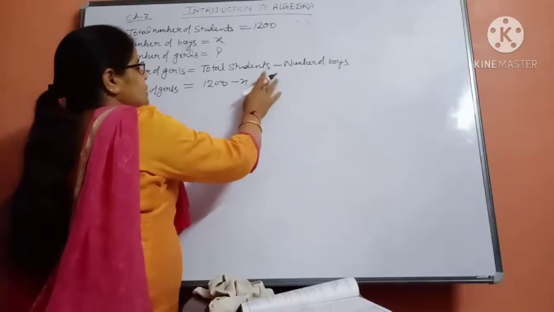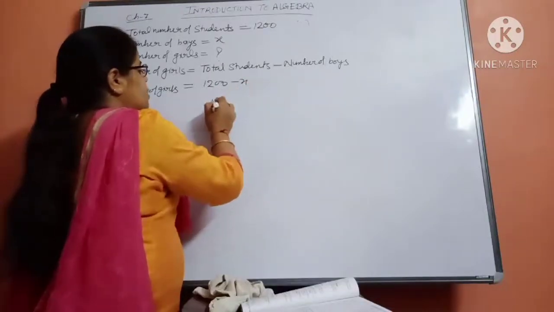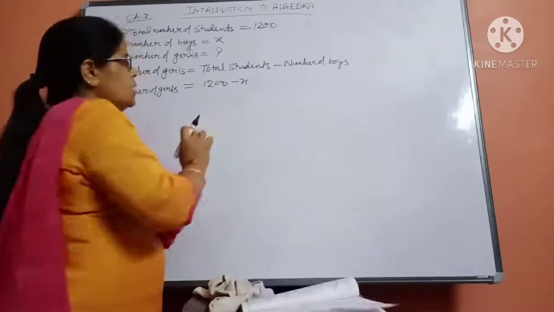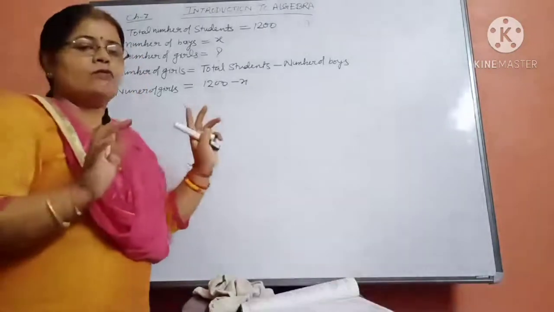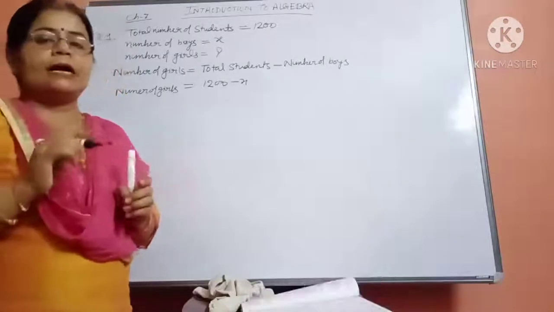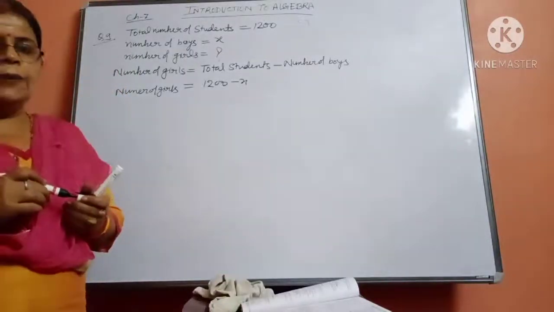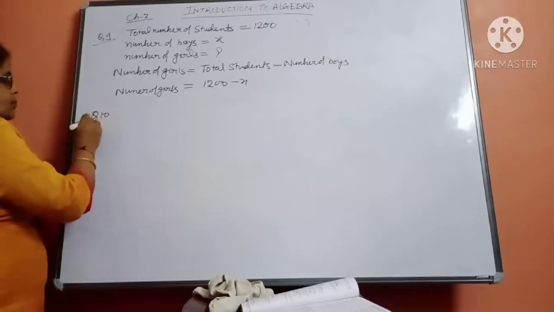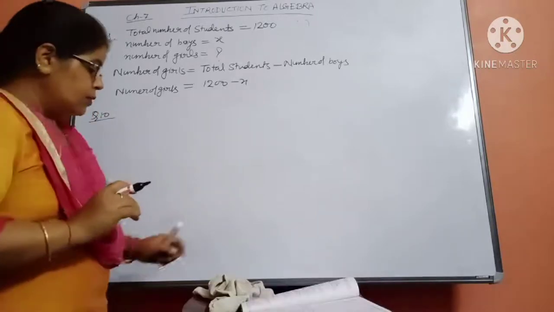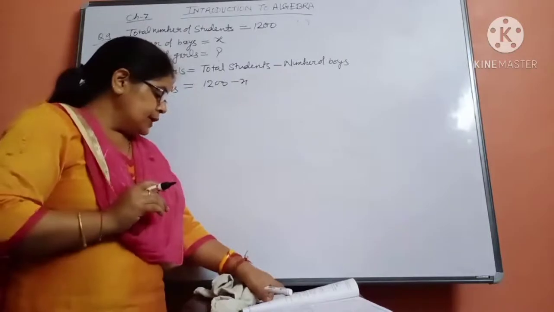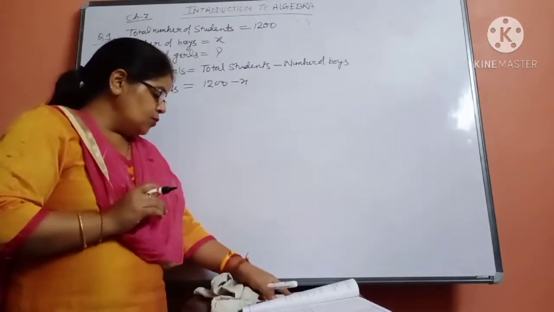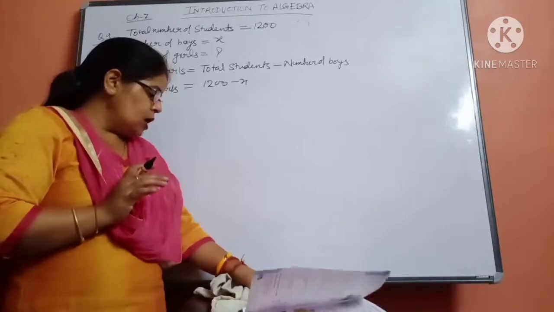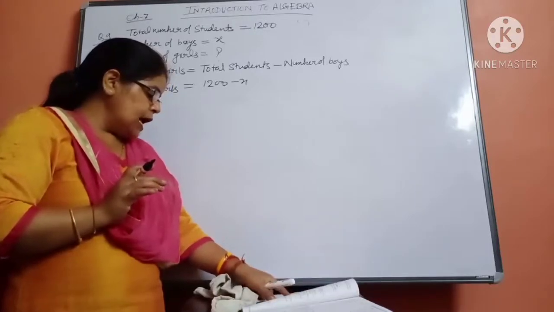Some children are writing it like 1200x. Beta, in case of minus or plus, it is written in the same way, whatever it is coming. Only in case of multiplication can we write it that way. Okay. Now come to question number 10. See what question number 10 is. For the morning assembly, 7 students stand in a row. How many students will stand in n rows?